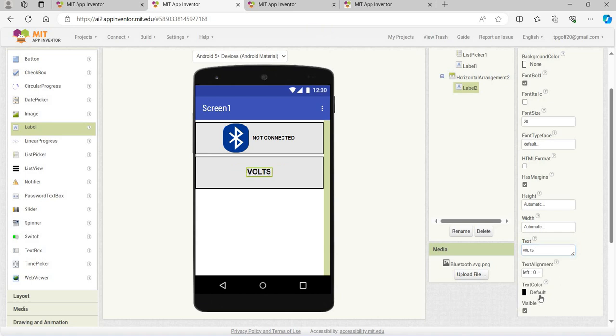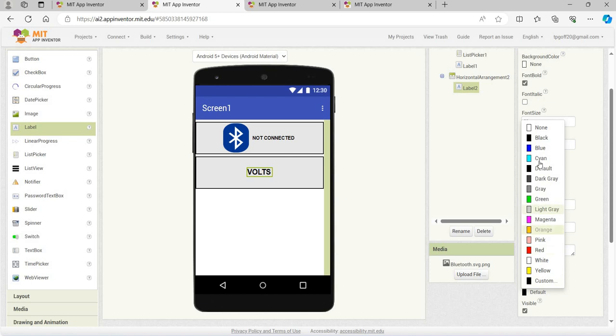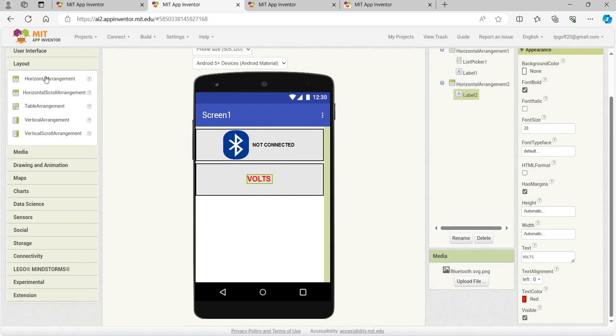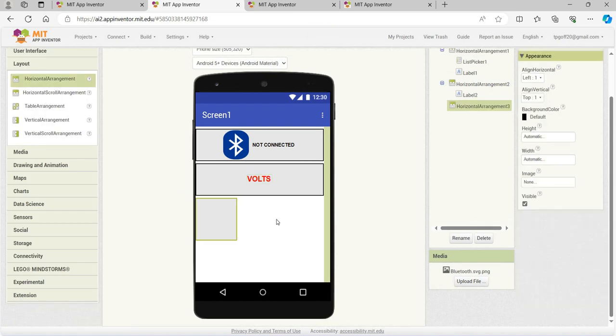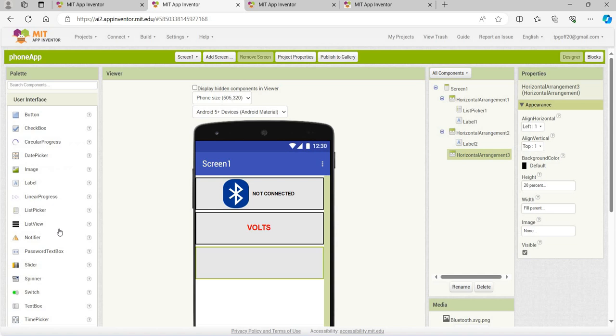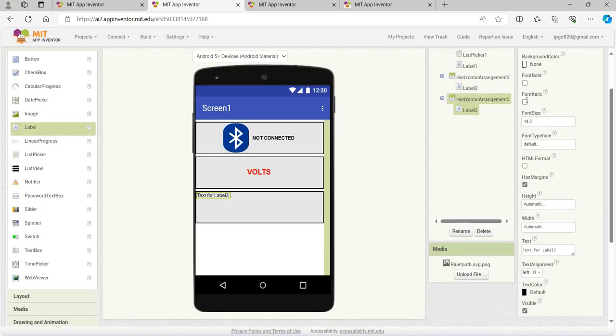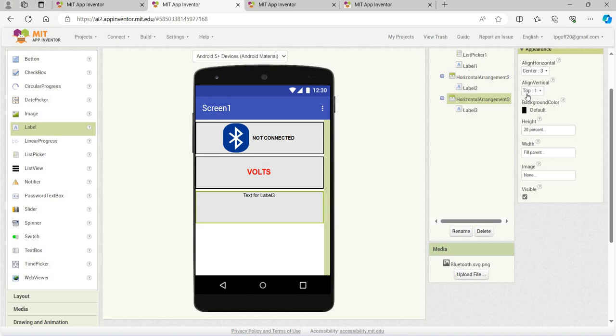And I'm going to make that red, do one more horizontal arrangement under that, and that is going to be width fill parent, height 20%, with another label in there, which I need to go back. I keep doing this. Arrange it in the center,